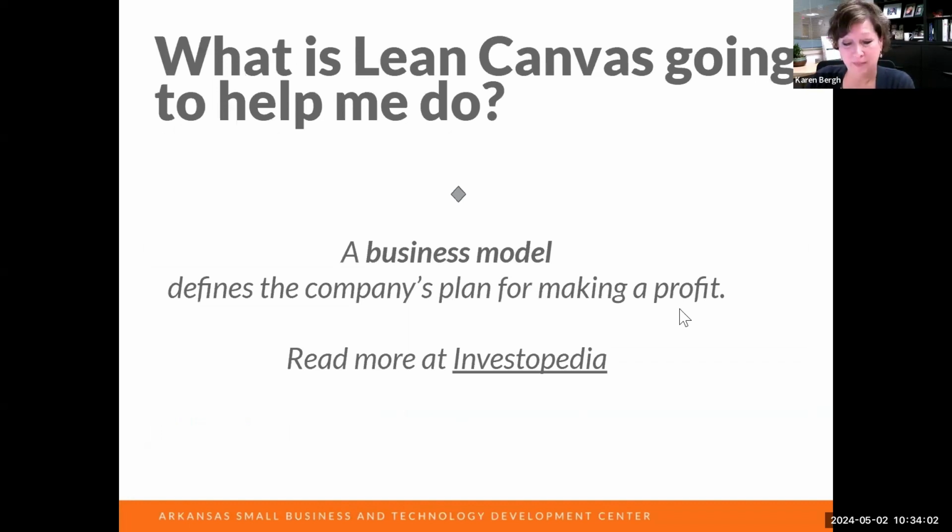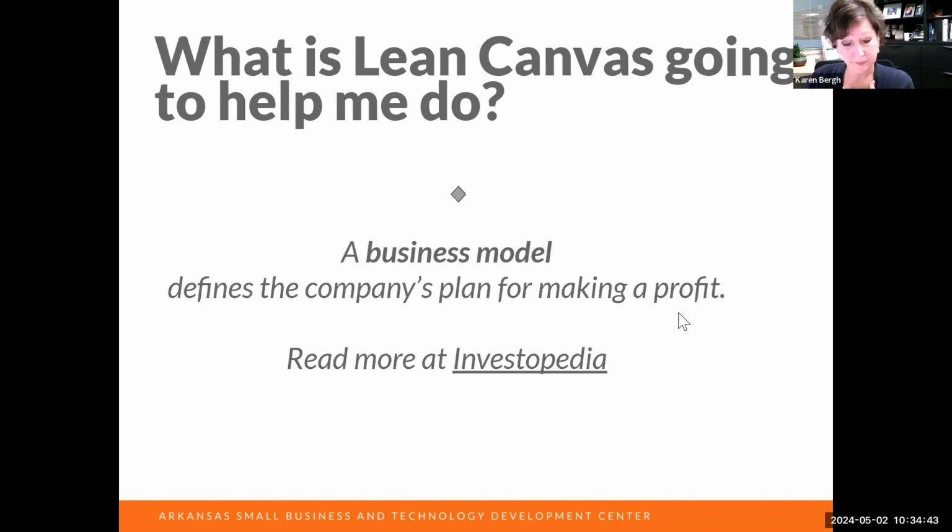So what is Lean Canvas going to help me do? Well, it's going to help you create your business model. It's going to help you think through all those pieces as you do your planning. And by requiring you to answer them and write them down, by the way, not just do them in your head, you are documenting and codifying. And if you've got a team around you, which you should, I hope, you've got the team agreeing on how you're going to run the business and what its value is, and what the pieces are that are either good and solid, or where there are gaps that need fixing or improving.